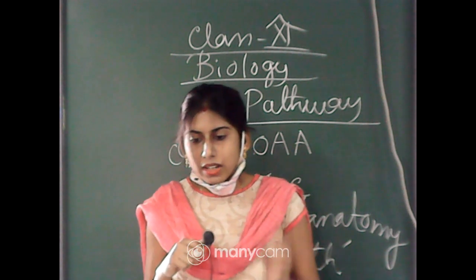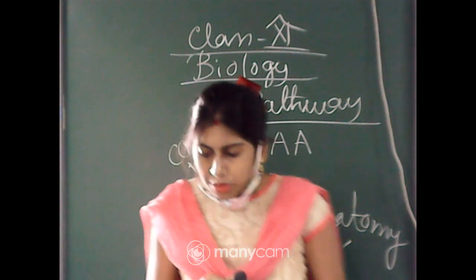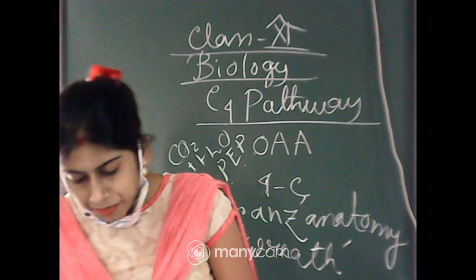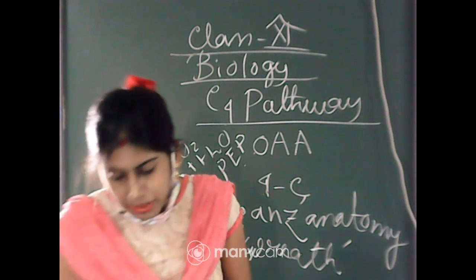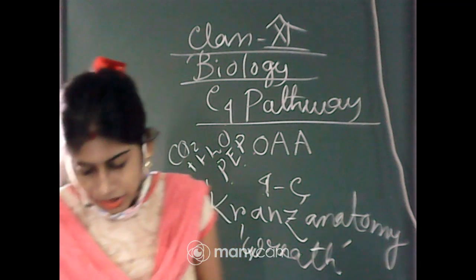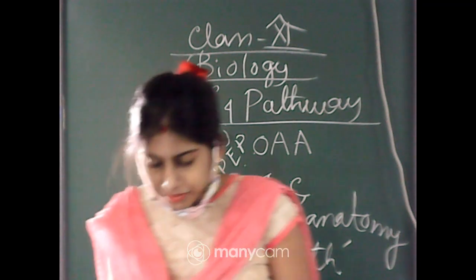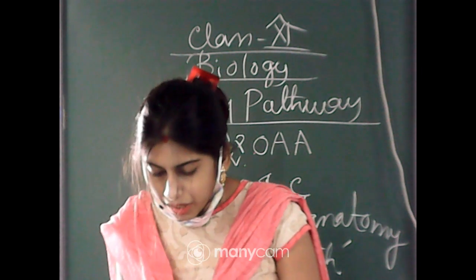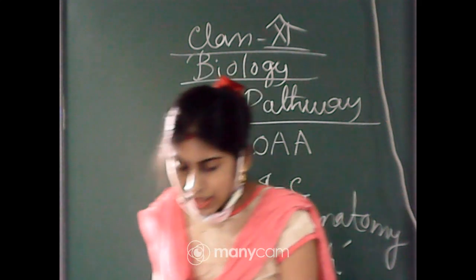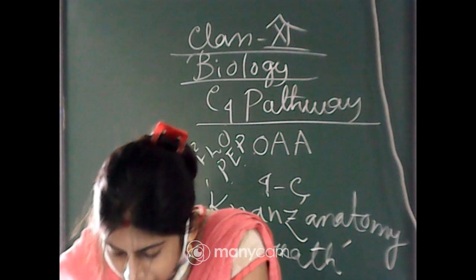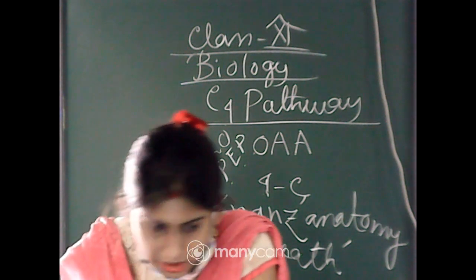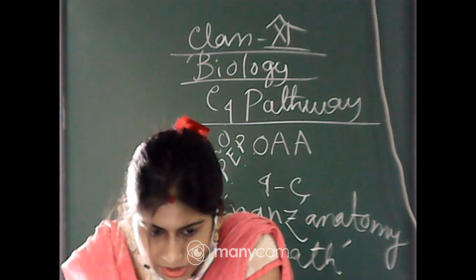In short we can call it PEPcase. So this enzyme is helping in this particular fixation, and carbon dioxide is fixed. Now it can form a C4 acid, which is considered as oxaloacetic acid. You can find that the arrow comes down, showing the C4 acid, and that particular C4 acid is